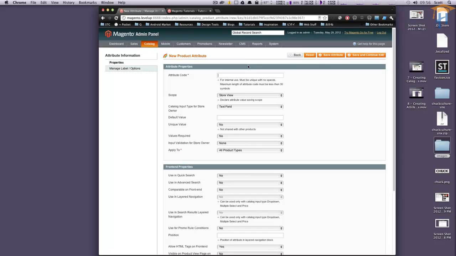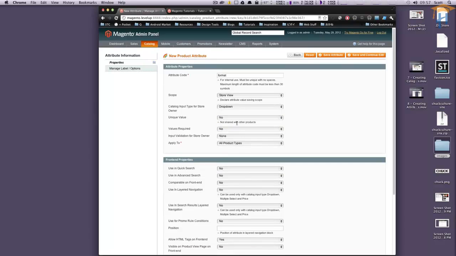We're just going to call this, let's say, format, because these tutorials are going to have a type of format, whether it's an MOV or an MP4. I'm sort of reaching here, but this product is a tutorial. So format is our attribute code, and the scope we're going to leave as store view. Then what type of input: you can have a text field, a text area, date, yes or no. We're going to have this be a drop down